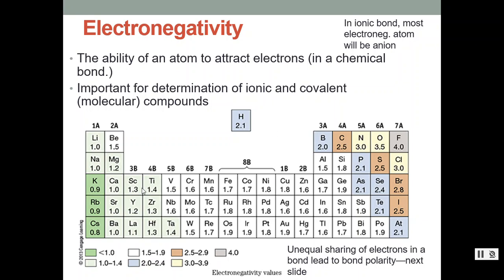So looking at this, we can see with our potassium chloride example, potassium has an electronegativity of 0.9. Chlorine, 3. It is a lot more electronegative than potassium, so potassium will certainly want to donate its electron to chlorine because it is more electronegative. So this electronegativity table, you will be given one for your exam. So you don't need to memorize it, you just need to know how to use it and the definition of